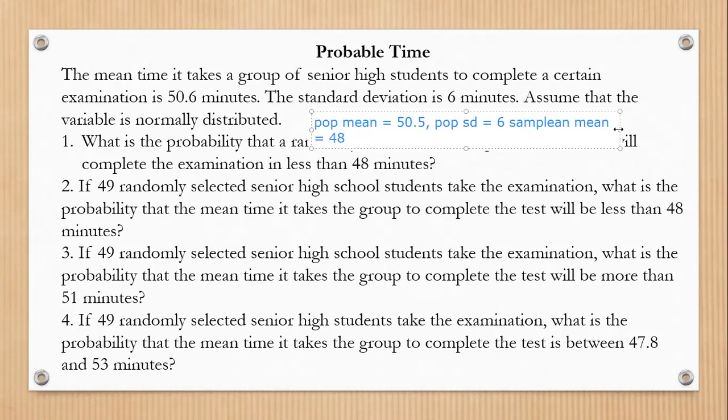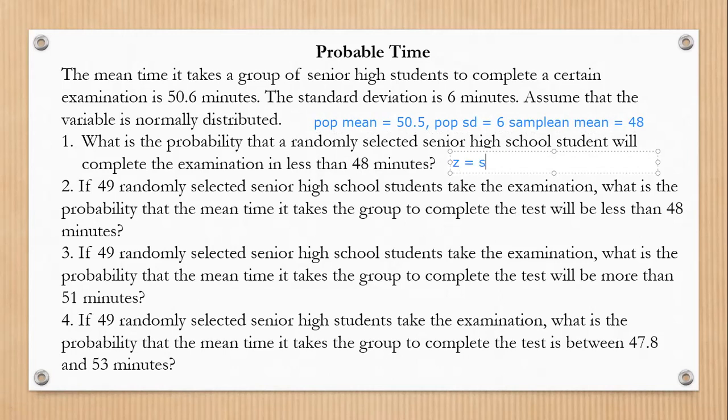So to answer number 1, after identifying, we can now substitute all these given in the formula. Sorry, the formula is Z equals sample mean minus population mean divided by SD only pala. Sorry for that. Okay, so this is the formula for the Z score. So substituting all the given, then we will be able to find that the Z score is